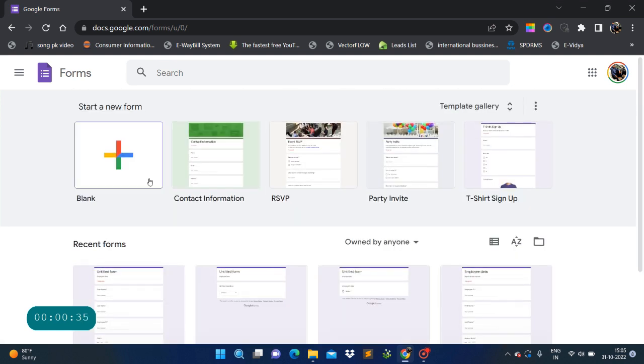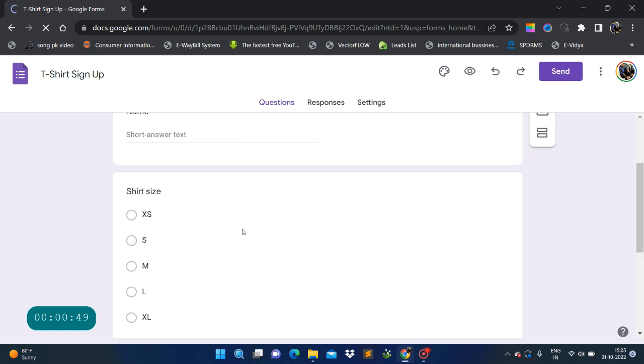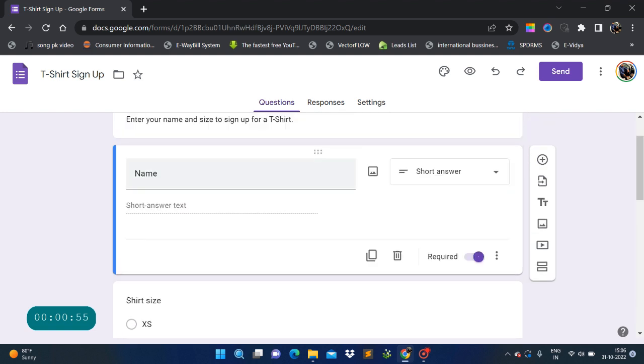In this you can see pre-designed templates of the Google Forms, like party invite or t-shirt sign up. Okay, so I will show you one, if I select this t-shirt sign up, in this a form is already created. Enter your name and size to sign up for the t-shirt. The person has to enter the name, short text. In the short text column you have to enter the answer,